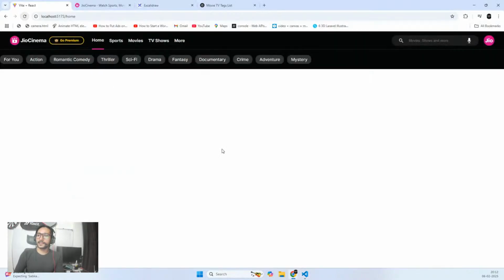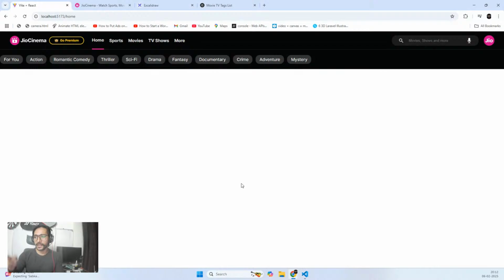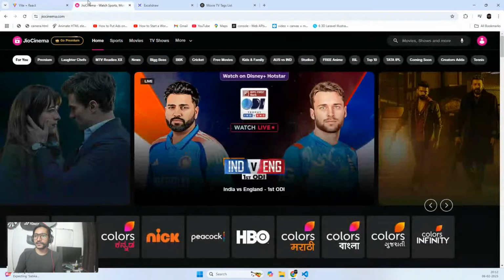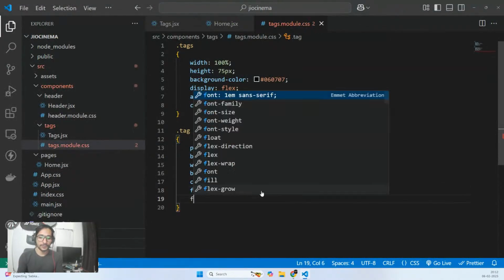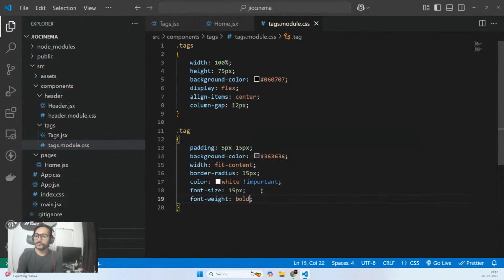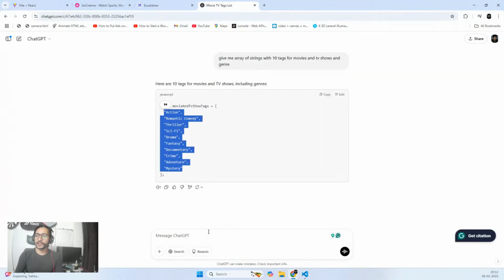Is it not overriding the old color? So to override, we can give important. Yeah, now it overrides. And I think the font size is a little smaller. So font size of 15 pixel. Let's see. It's fine, and bold maybe. So font weight, bold. And we can also ask ChatGPT, let's say